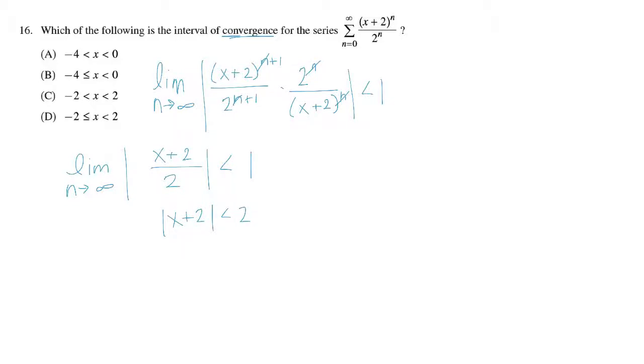And so this problem is like the never-ending problem, I do believe. And so I have -2 is less than x plus 2 is less than positive 2. So we have -4 is less than x is less than 0. Now, looking at our answer choices, because we do have to test our endpoints for convergence or divergence, and notice